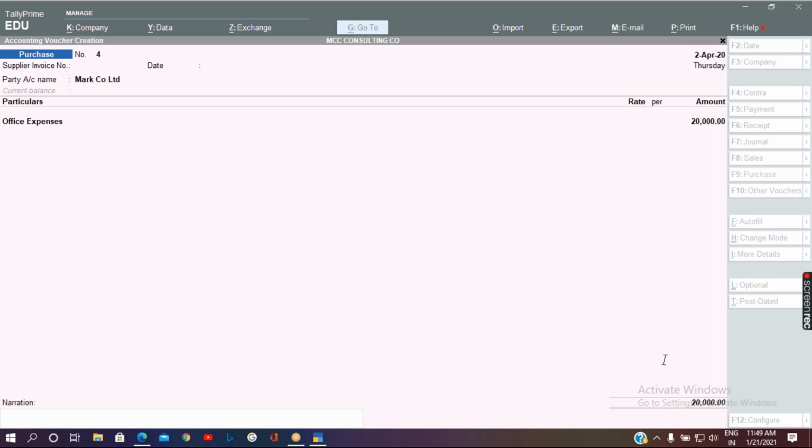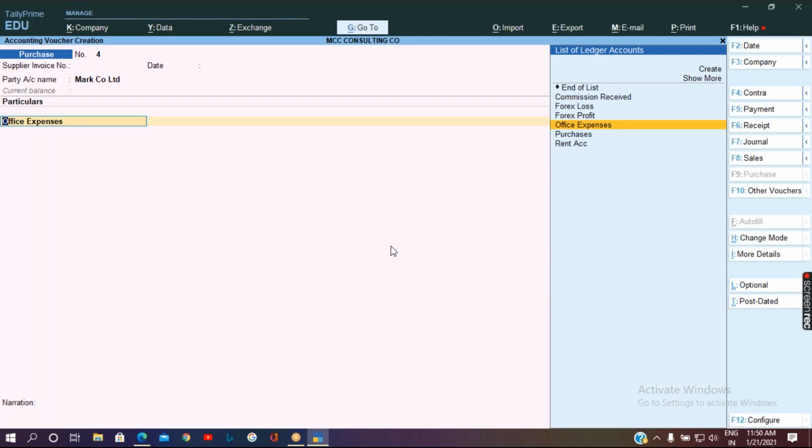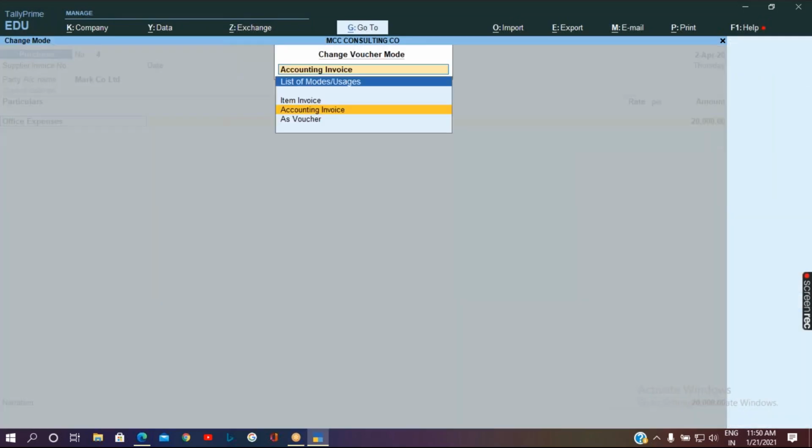We are not able to get the cost center allocation screen. The same entry I will turn into voucher mode. The shortcut key to change the mode is Control H. So I'll press Control H and change it to voucher mode.